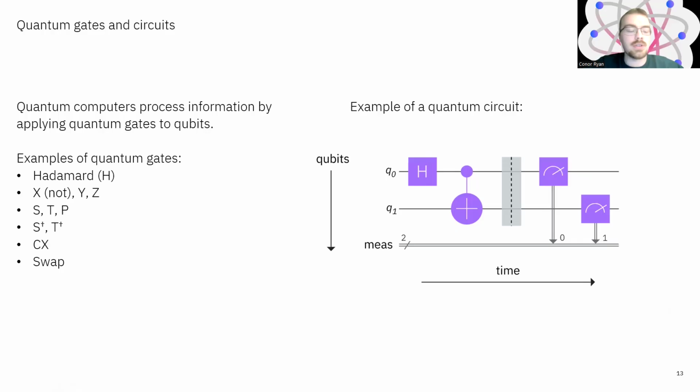And there are other gates, such as the Pauli X gate, which is exactly the classical NOT gate, but also the Pauli Y and Z gates, and the S, T, and P gates, which change the quantum phase of your state, and a variety of others that would form a basis set of gates where any desired gate can be made from a combination of the gates you can perform on your quantum device. Then at the end of the algorithm, past this barrier, we will perform a measurement on each qubit, as shown on qubit 0 and qubit 1, and measure onto a classical bit register, and then read the classical information out.